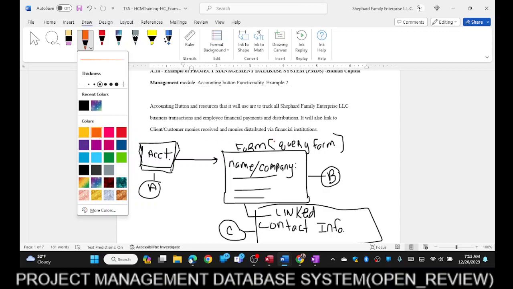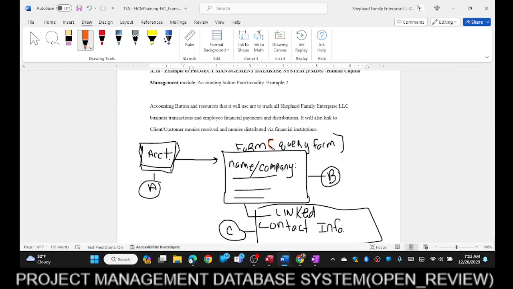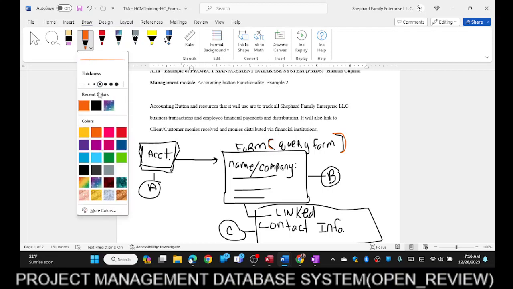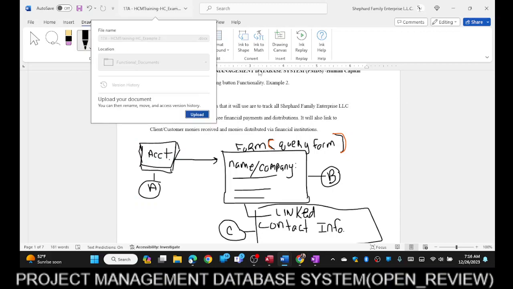So make sure this is... I should do it in red, shouldn't I? Red is just a bad color. Green is better. It don't matter, right? You know what I'm saying? So, let me put this back to black. All right, so we know,